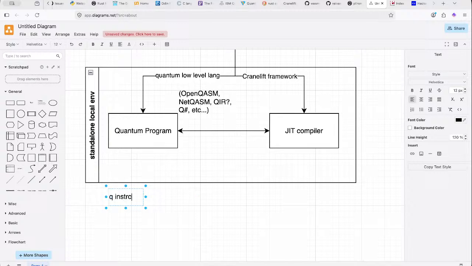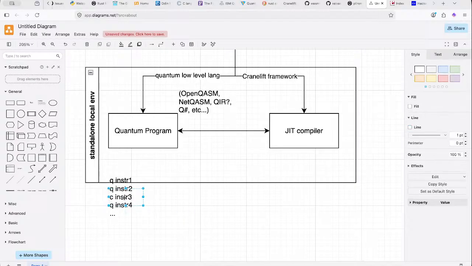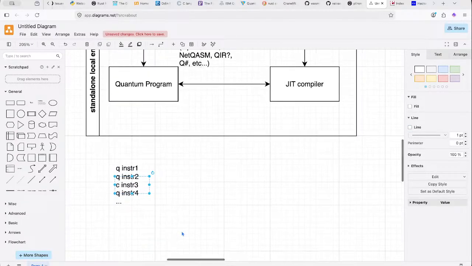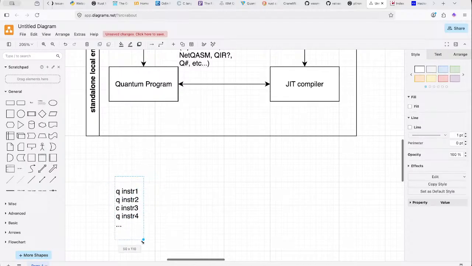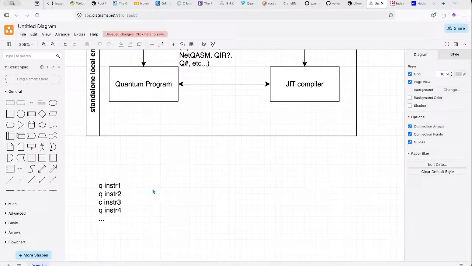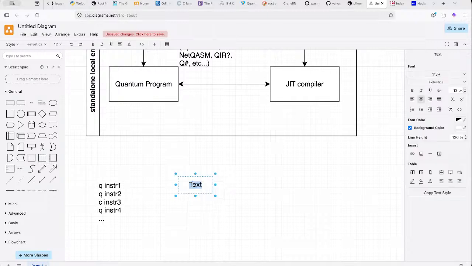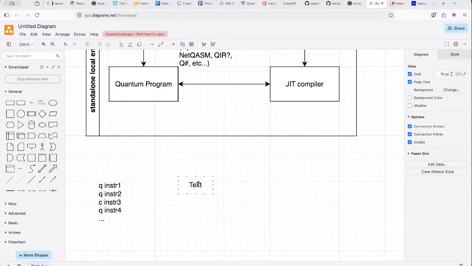You have a classical instruction here, and you have a quantum instruction, and you have a classical instruction, and so on. So what happens is basically, let me make it bigger. Yep. So those are the actual instructions that you have to execute at one point. And what happens is on